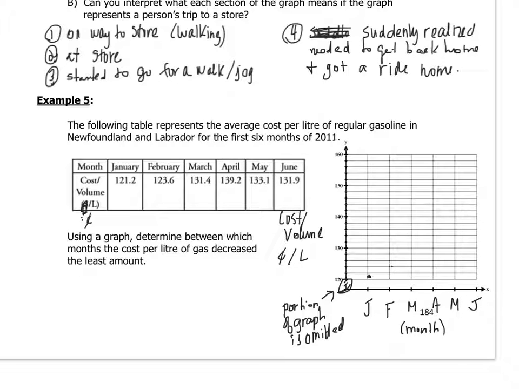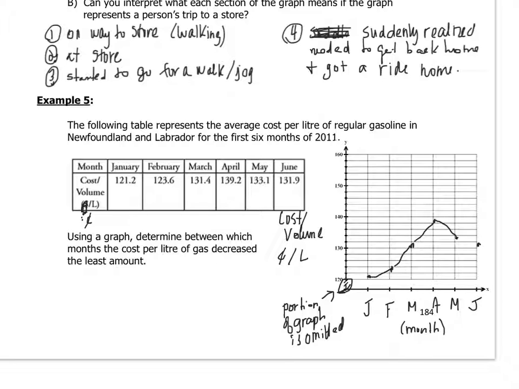123.6 would be between the second and third one there. And then 131.4 would be here. And then 139.2 would be about here. And then 133.1 would be about here. And then the last one, 131.9, would be about here again. So if we connect them,